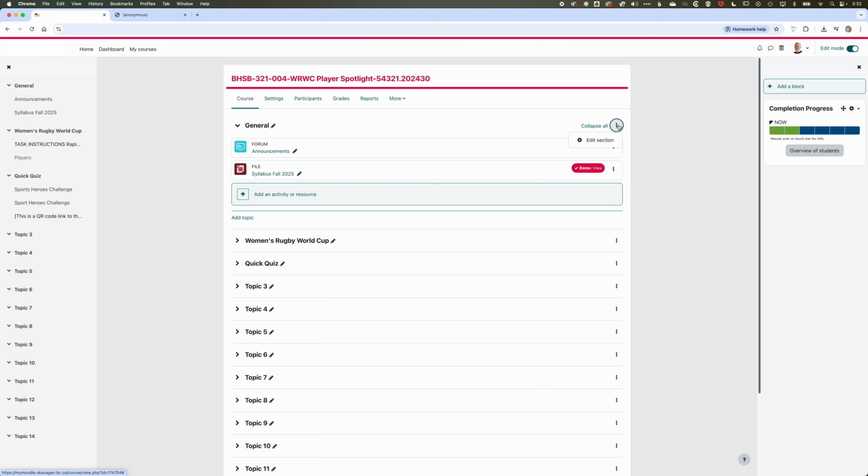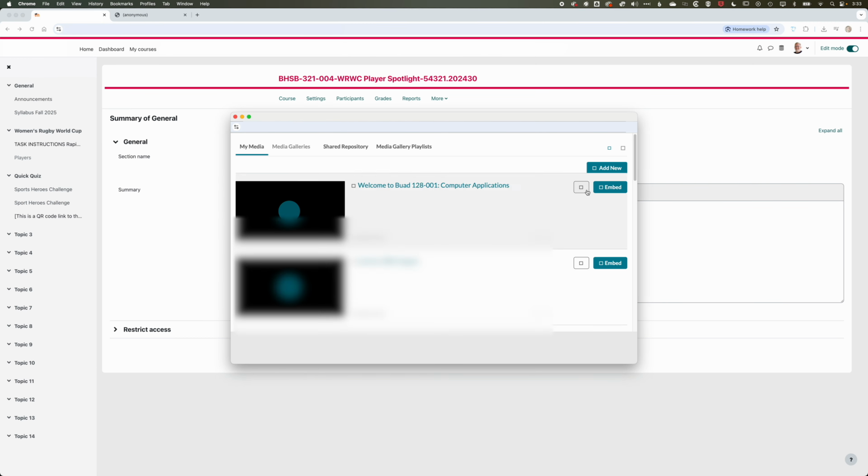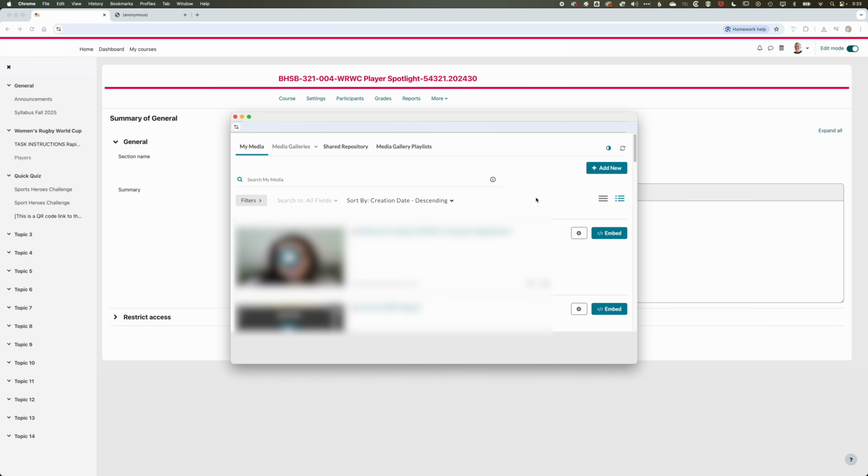So we're going to click on the three little dots for the main kind of top section. So our introduction video will appear right at the top for students to view. We'll click edit section. And then in here, you can see we've got some options for embedding images, creating titles and stuff. And then it's all the way across here that we're going to use Kaltura to add a video within Moodle. So if we click on this link, it's going to bring us into Kaltura, and then we